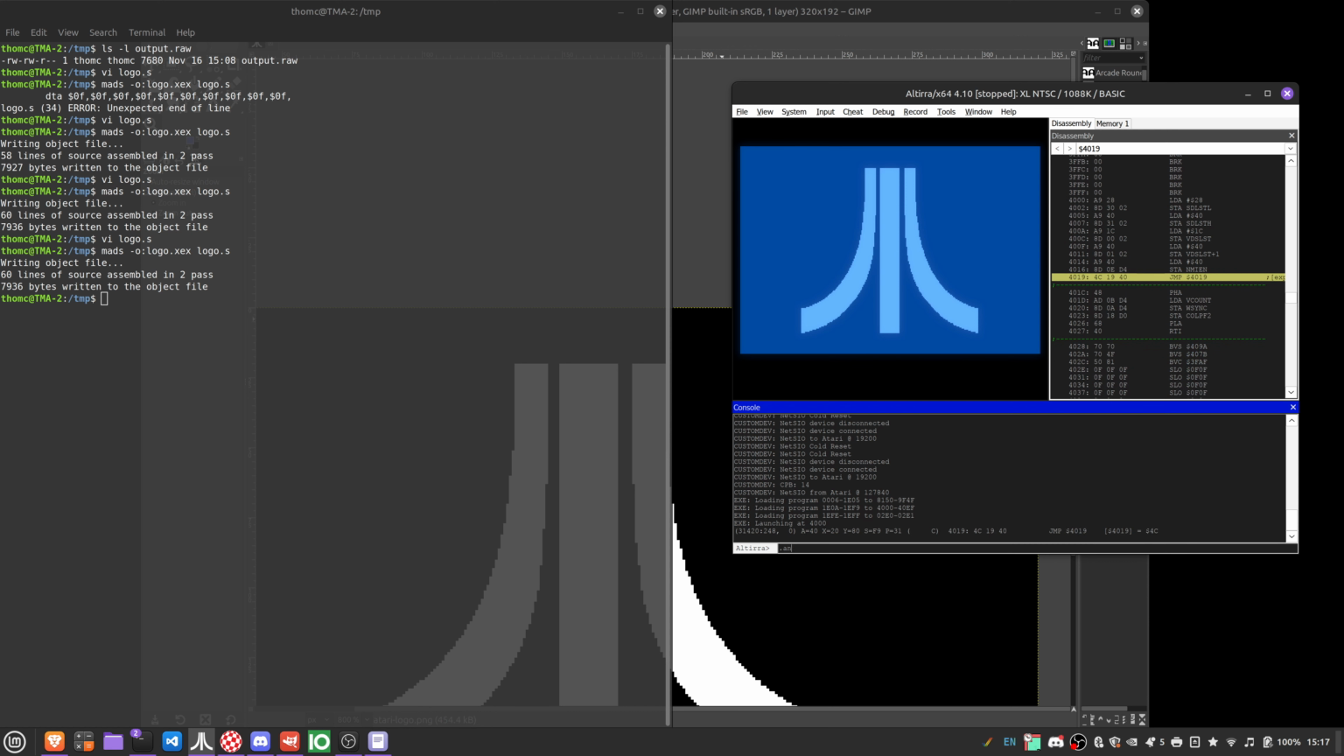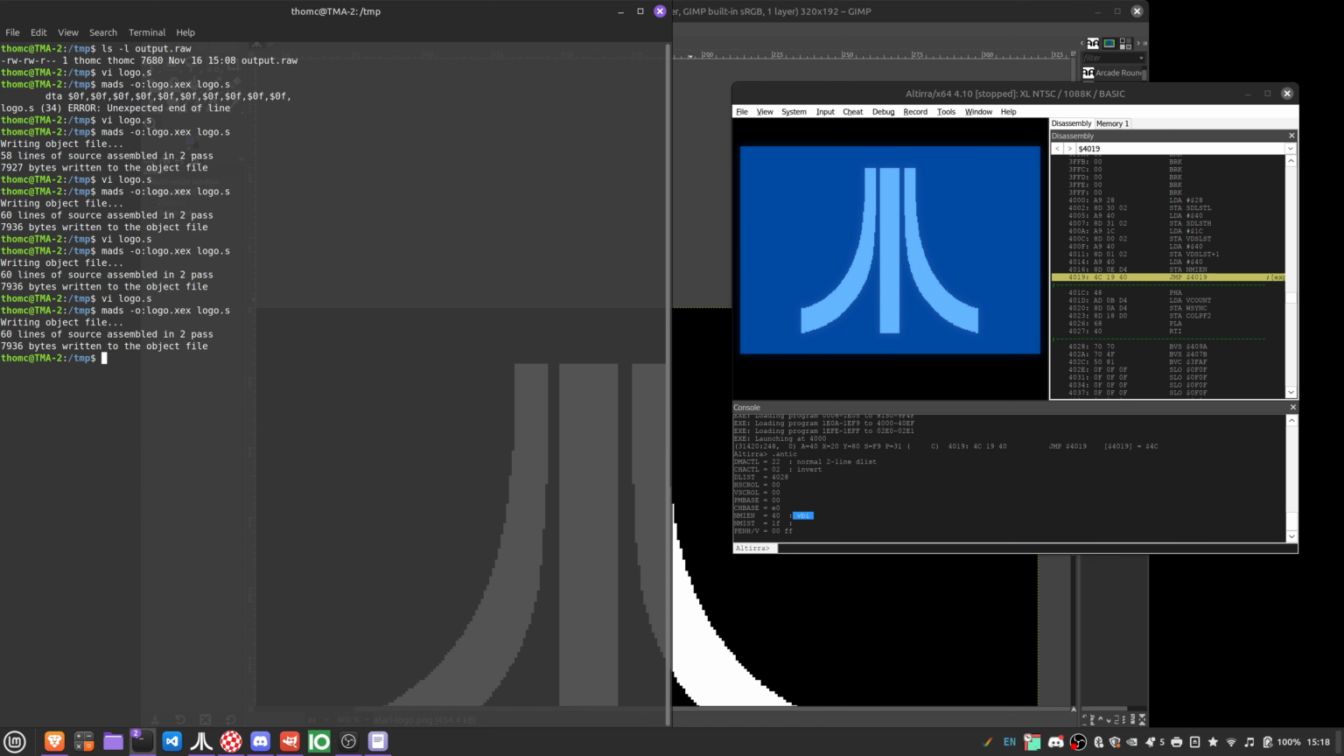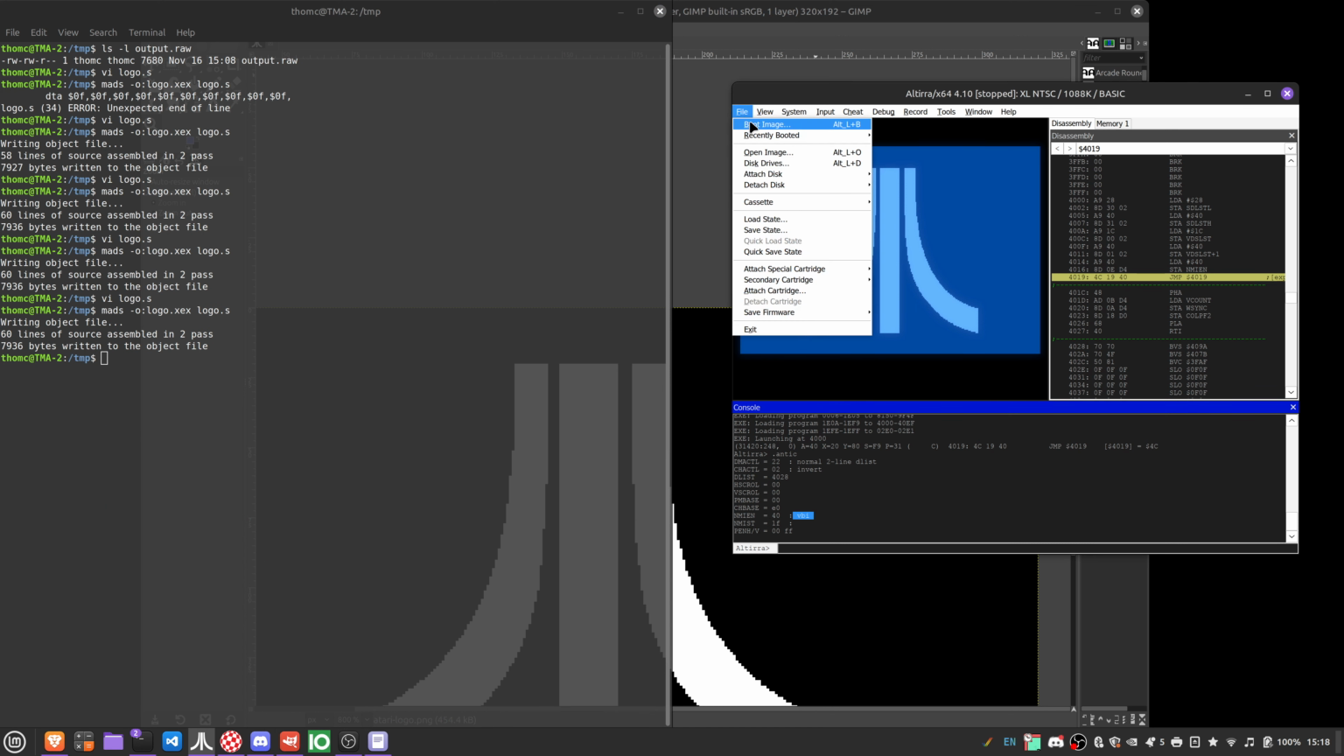Well, let's take a look. Let's look at how ANTIC is set up here. If we look at NMI enable here, we see that 40 is currently set. And that means that the ANTIC is only doing vertical blank interrupt processing. We can change that by altering this to C0. And if we boot again,